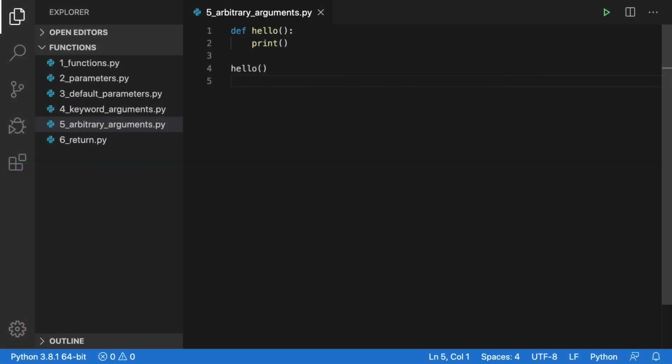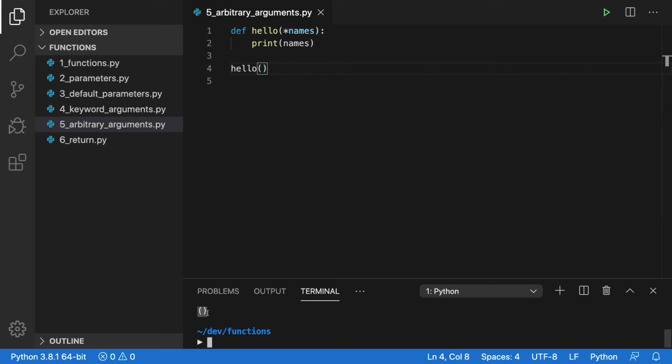There can be a case when you don't know how many arguments will be passed to your function. To solve this problem, Python has a solution, arbitrary arguments. I need to mark the parameter with an asterisk, and this parameter will be a tuple with all of the arguments passed. So this is the parameter itself, and I mark this one, so this will be an arbitrary argument, and I simply print out the names. You can use a for loop to iterate over this names collection. Now I only show the content of the variables. I can call this function with any number of arguments, even without arguments. So without arguments,